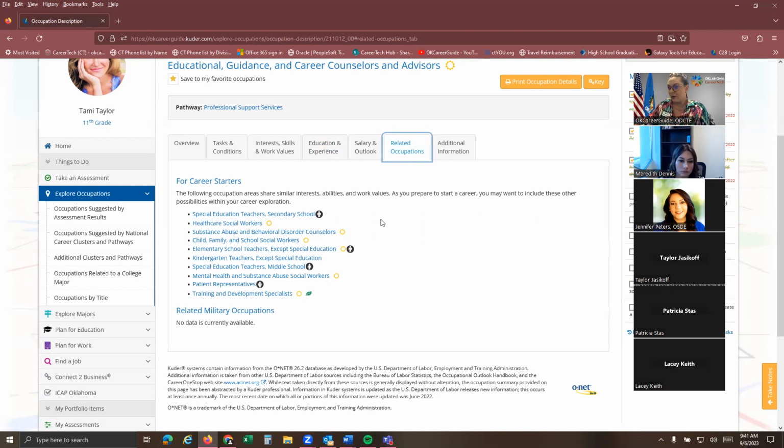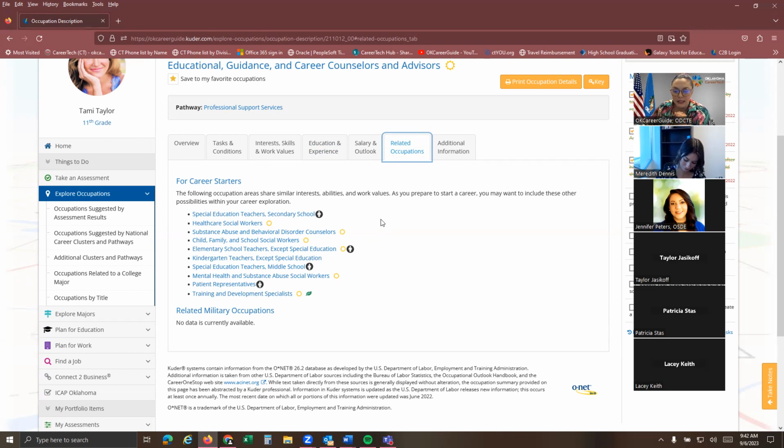If I were a betting person, I would say that if we pulled up welding, there would be a little woman next to the welding, because we don't have a lot of women that go into that field traditionally. That does not mean a woman cannot be a welder. That does not mean a man cannot be a special education teacher, right? Absolutely they can. It's just a little symbol. And if anything, it's saying you're still capable of doing this no matter what your gender is.